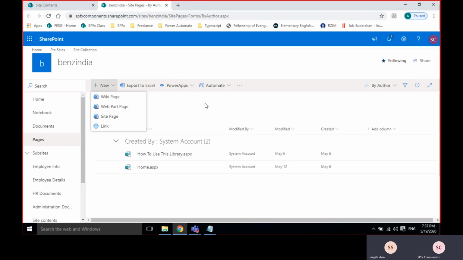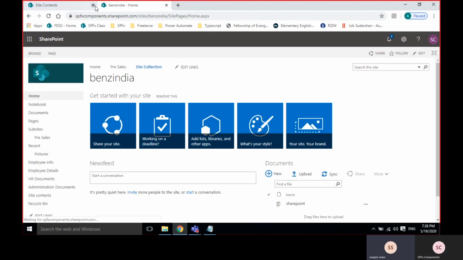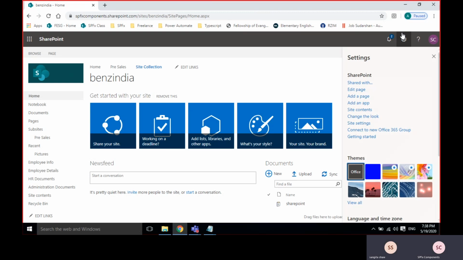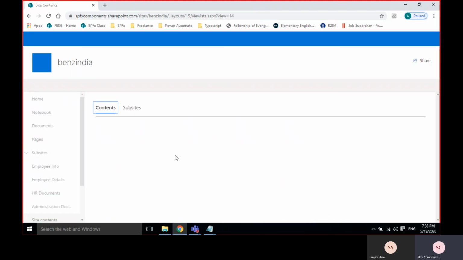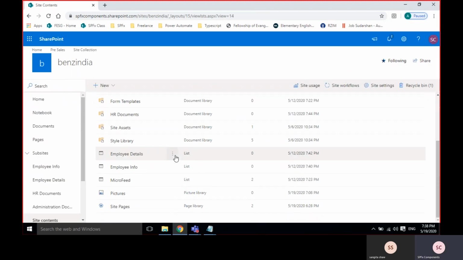Can you please show me once again where the pages are? I'm on the home page. Click on site actions, site contents. Just go to site pages.